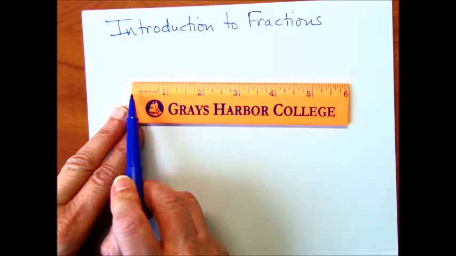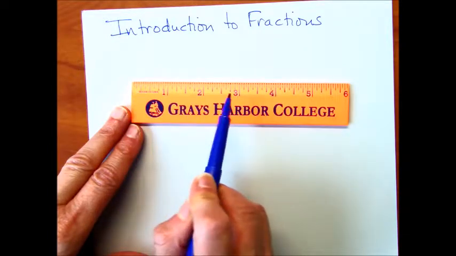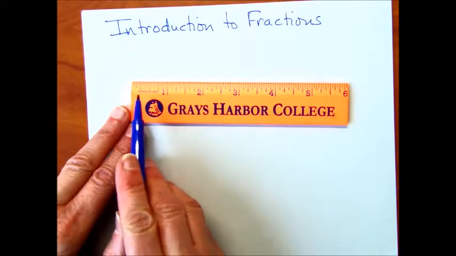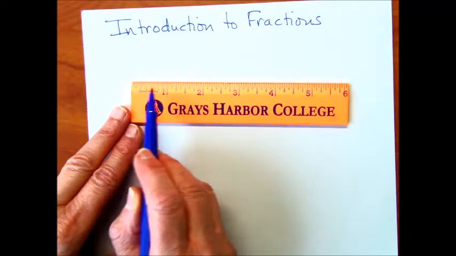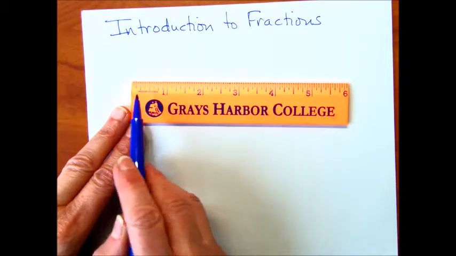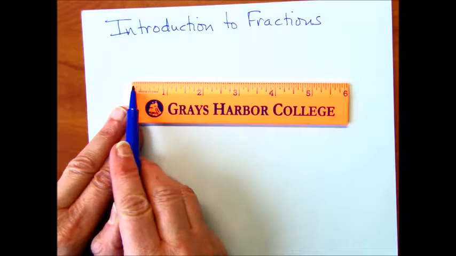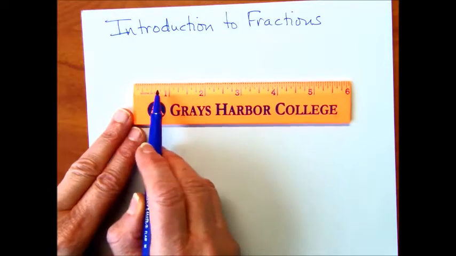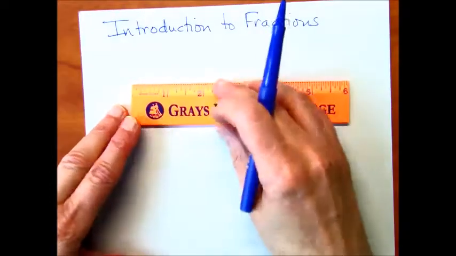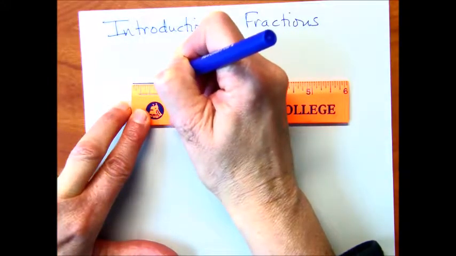So notice that if this were 0 and this were 1, 0, 1, 2, 3, and so on, those are all whole numbers. But then we have these little tick marks in between. And notice that the spacing on these tick marks are equal. So each tick mark represents a space preceding that tick mark, okay? And so we could have a number, like say if I were to draw a line and it's going to go to this point here,